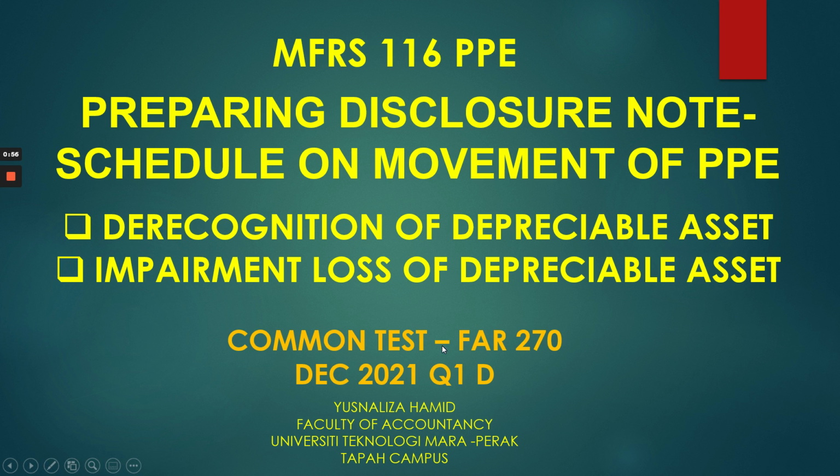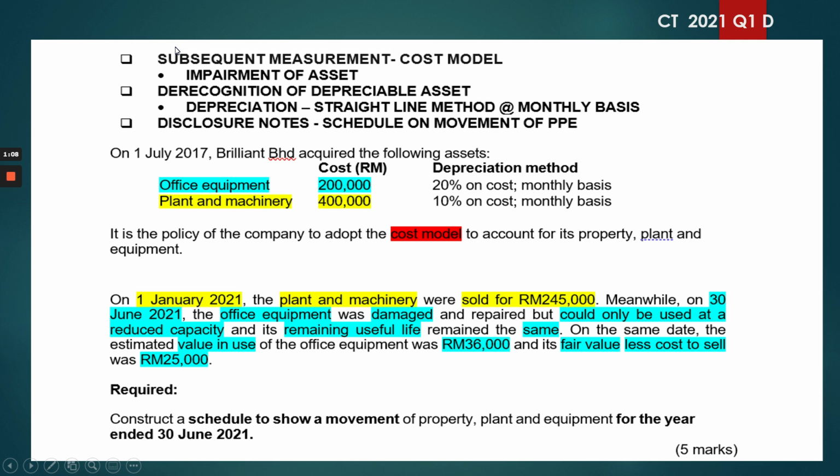And for information, this is from the common test question FAR270 December 2021, question 1D. So let's start. If you look at the question here, these are the things that you will be able to achieve if you do the question. You'll be able to learn the subsequent measurement cost model in terms of the accounting treatment, because I will show you the workings for the impairment. And we'll also be looking at the recognition of a depreciable asset when there is a depreciation using the straight line method, monthly basis, and also how to prepare the disclosure notes in the form of a schedule to show the movement of